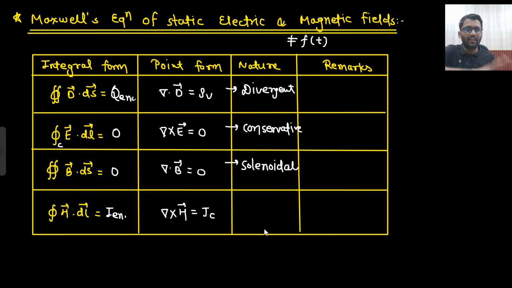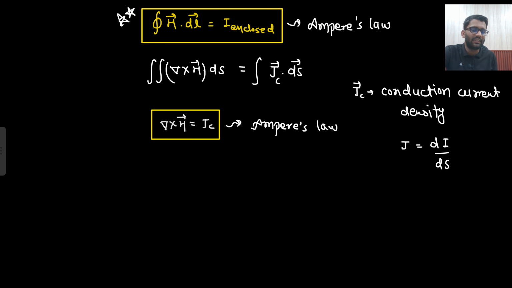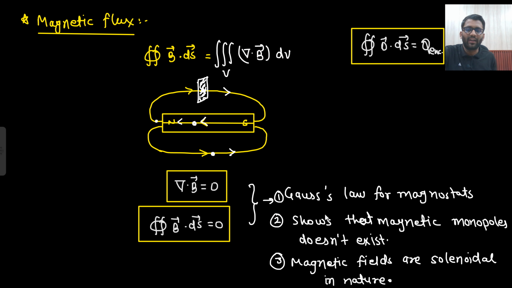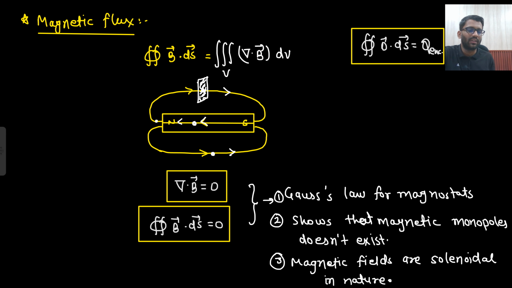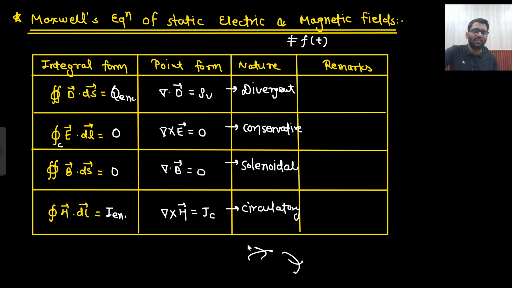Here curl is not equal to 0. If curl is not equal to 0, that means it is showing circulatory nature. That means certainly it can frame a closed loop, and you can see that magnetic field always frames a closed loop. So it is showing circulatory nature. What are the remarks? It is known as Gauss law